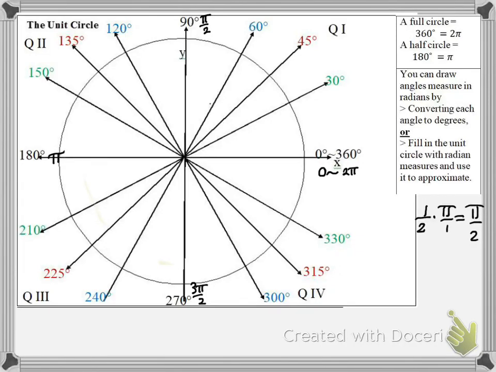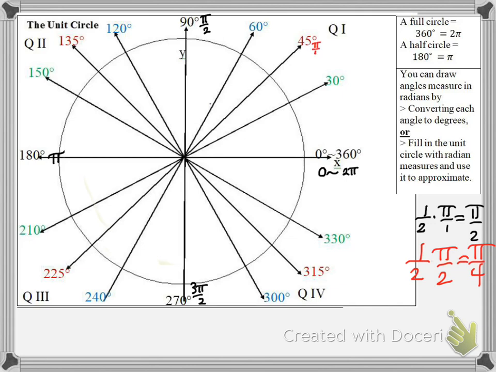And just like I did with the degrees, I'm going to take that and cut it in half. Half of 90 was 45 degrees. But I want to know now, what is 1/2 of pi over 2? Turns out to be pi over 4. A half of a half is always a fourth. So this one, the red one,